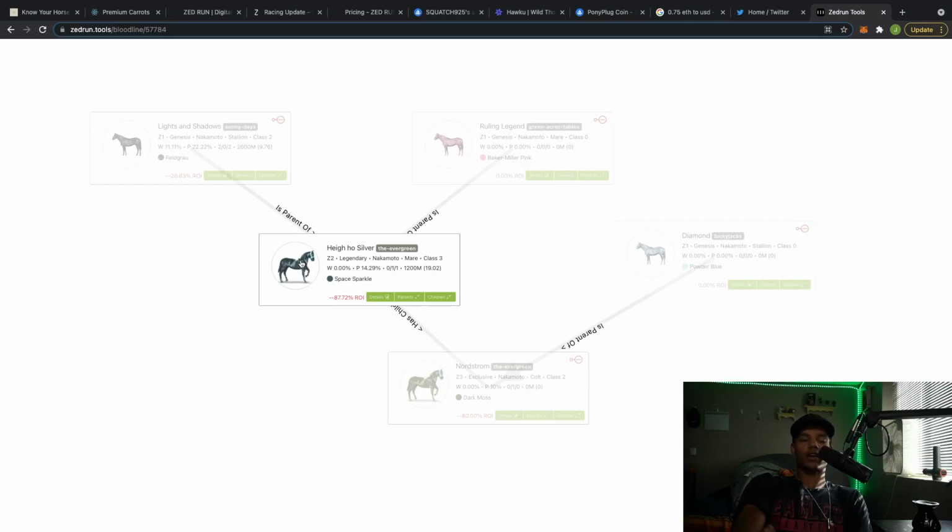crazy to say, right? Like digital race horses and digital breeding, and it gives you the potential to make more money winning one race than you'll make the whole week, or breeding you'll make more than you make in 2 months or 3 months. Like, that's pretty crazy. So that's why I shot for a Z2 Legendary Nakamoto. I knew if anything I would be able to play the breeding game if I wasn't able to play the racing game. And that's why I shot so high or so low on the genotype and so close to Genesis